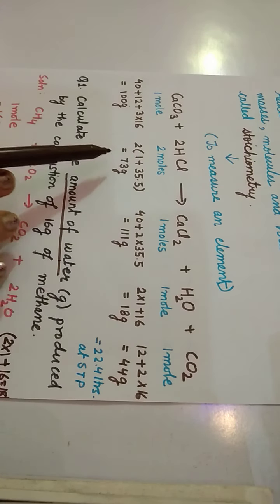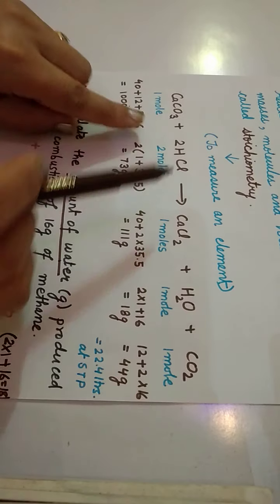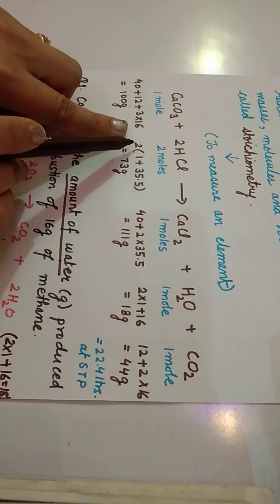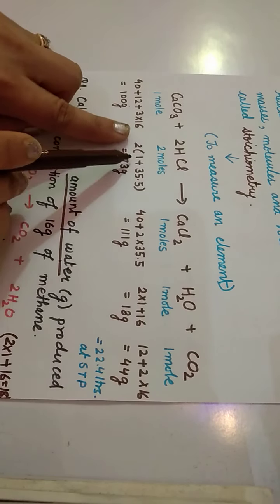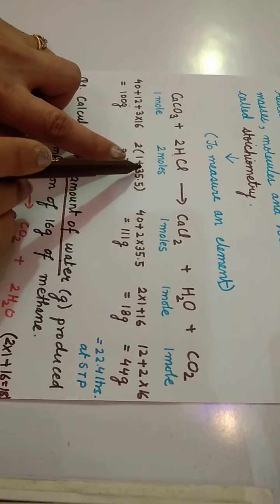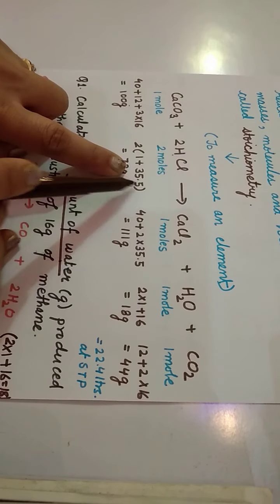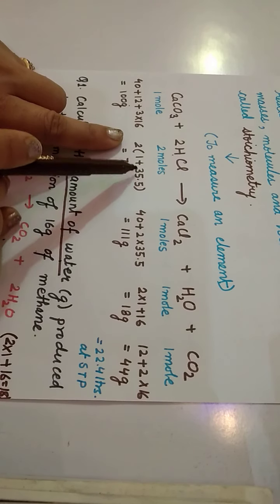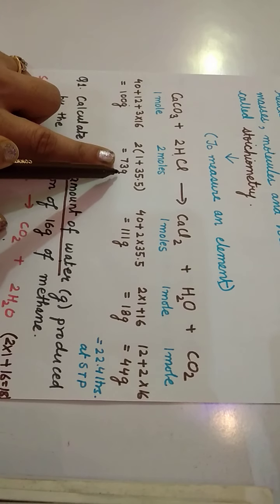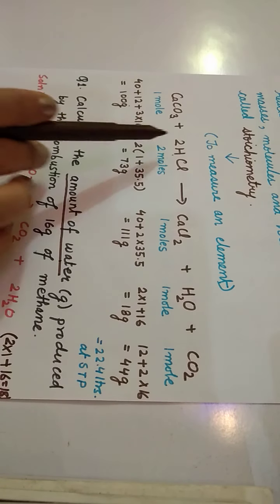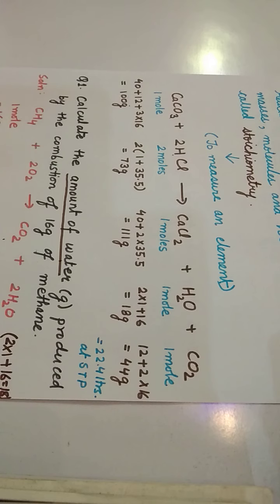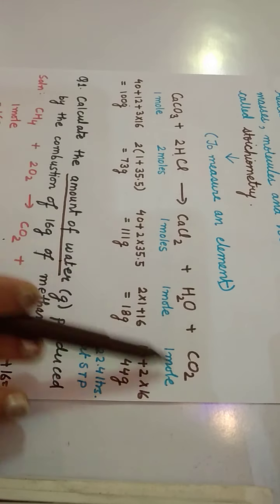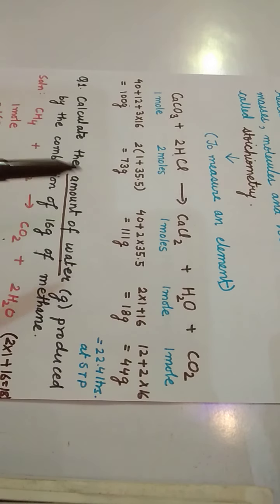Now in the same way we'll find out for HCl, but children, it is 2 of HCl. So 2 molecules of HCl. First in bracket you will write the atomic mass for hydrogen, 1, plus atomic mass of chlorine, 35.5. So this will be written in bracket, that is 36.5 into 2 came out to be 73 gram. In this way you have to do it for a molecule. Right children? So in this way we have found out the masses of these compounds or the molecules.